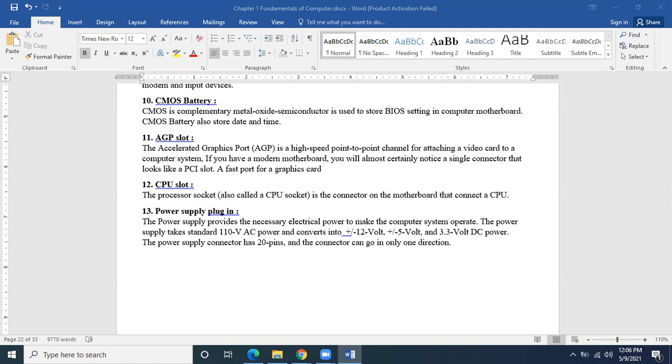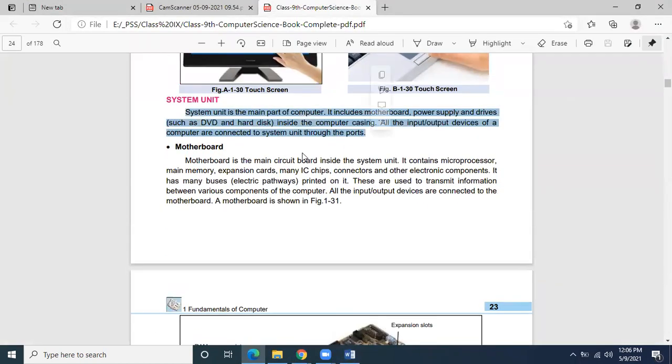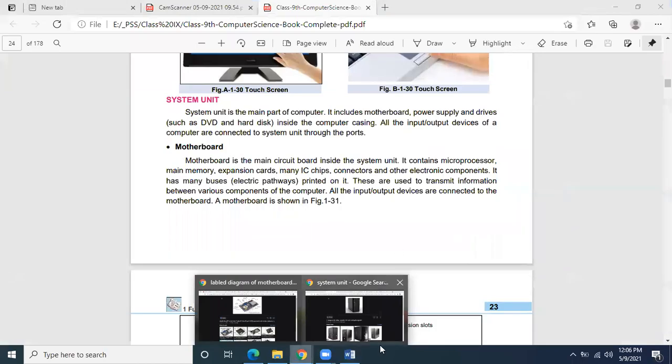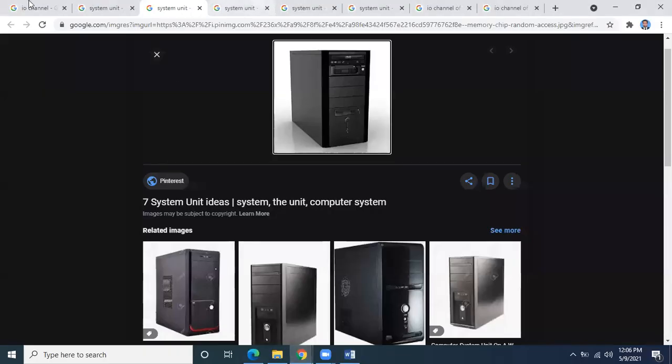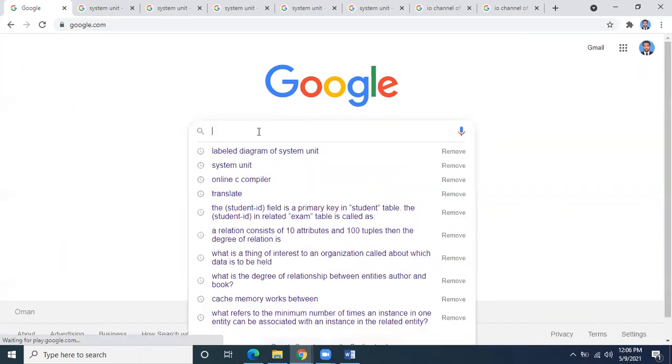This is now the board exam, so the complete text is there, and a question can come from anywhere in the book. I can ask you to define system unit, or what is a motherboard, not necessarily a question available in the exercise. So I am providing you the notes in your Google Classroom, and you have to go through the notes regarding all aspects.